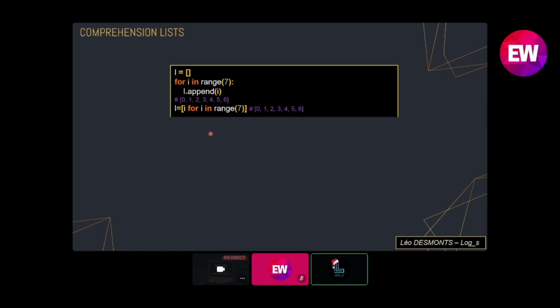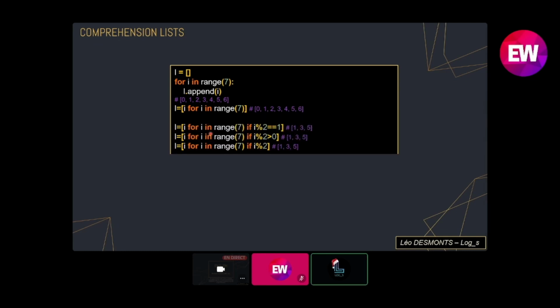I'm going to show you a few examples so that it's clear for you. You can add an if condition to your comprehension list. So in this example, we are only keeping numbers that check this condition.